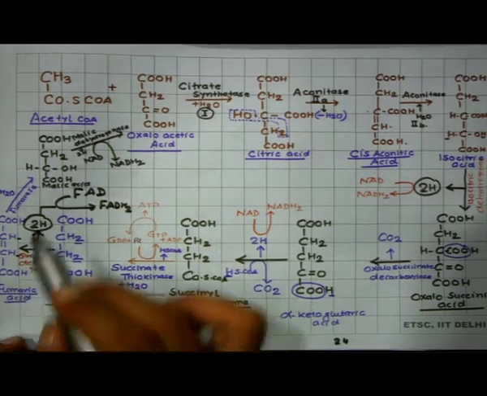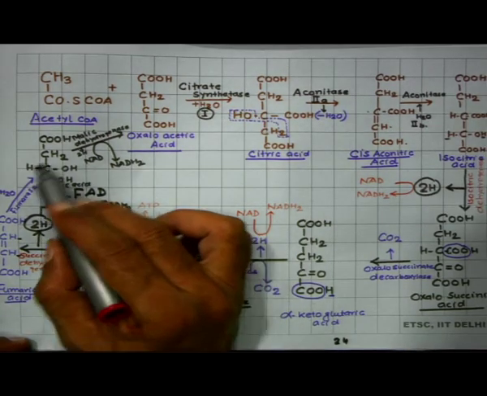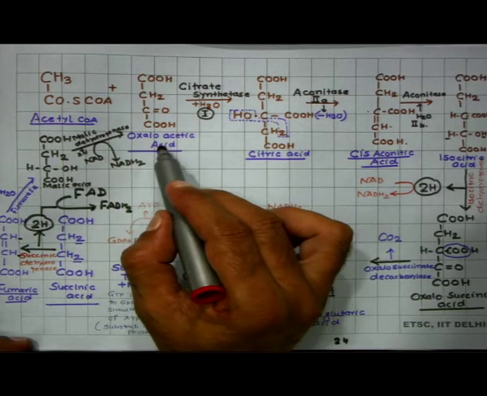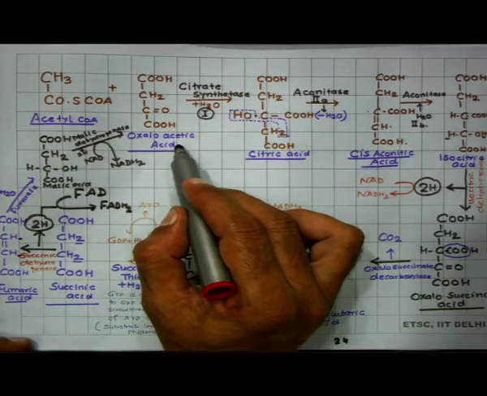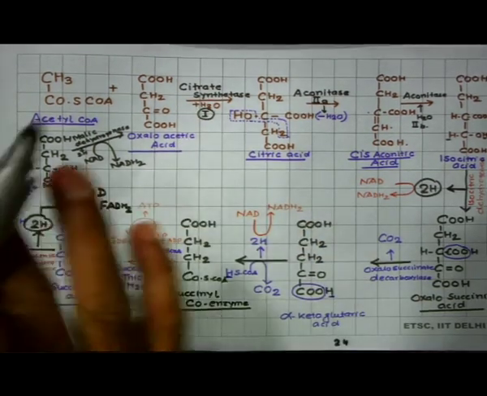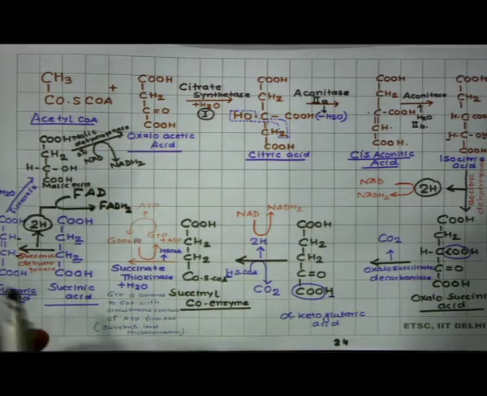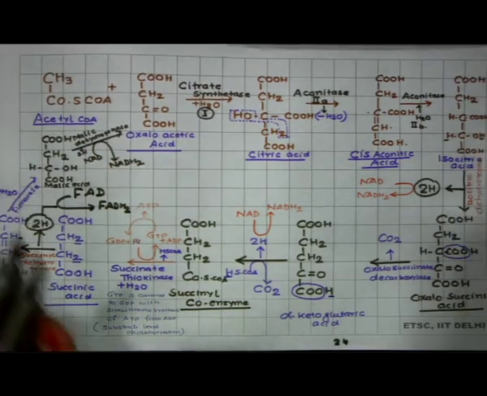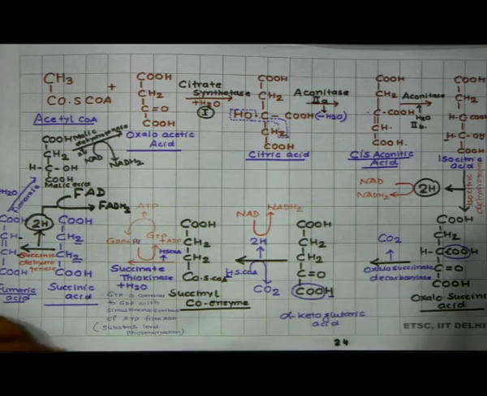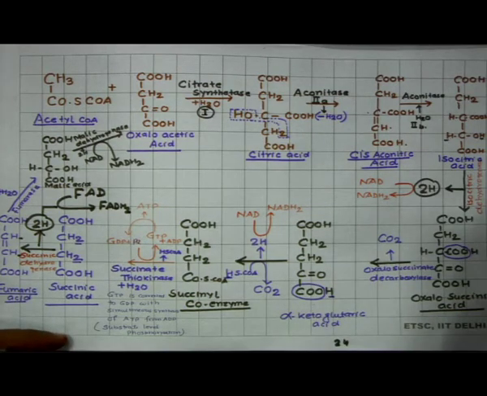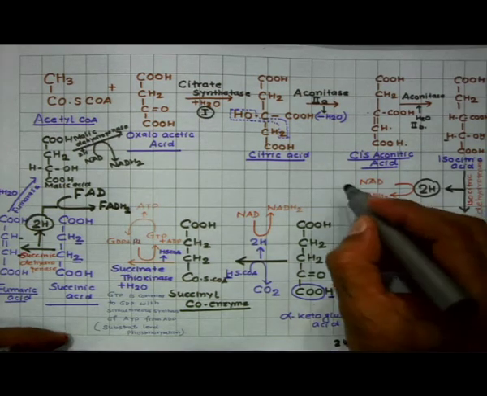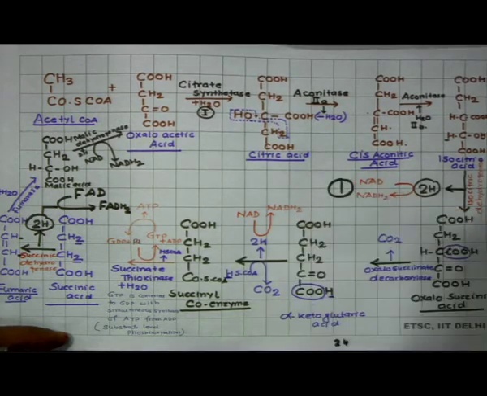Fumaric acid is converted into malic acid, and malic acid is converted into oxaloacetic acid. So, in the entire Krebs cycle, when we have a look, there is the formation of NADH2 here. First NADH2 is formed from the isocitric acid to